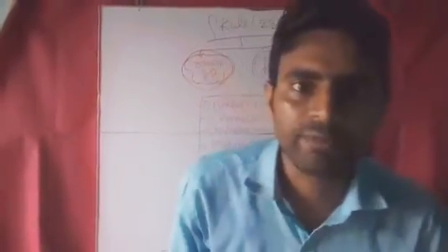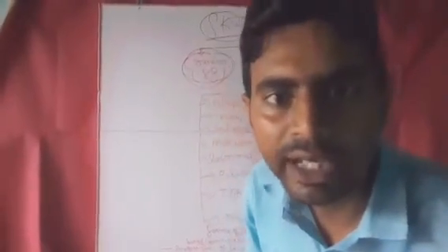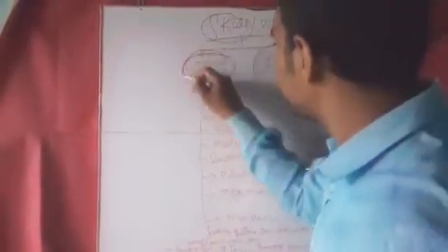We have divided the skull into two parts: one is the cranium and the other is the face. Together the skull is made of 22 bones, and it is divided into two parts, first the cranium and second the face. The cranium is made of 8 bones and the face is made of 14 bones. In this way, the skull is formed by 22 bones in total.